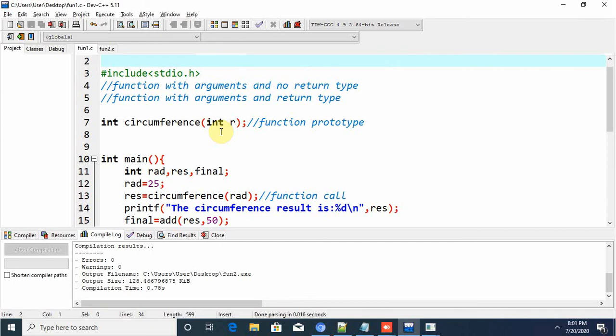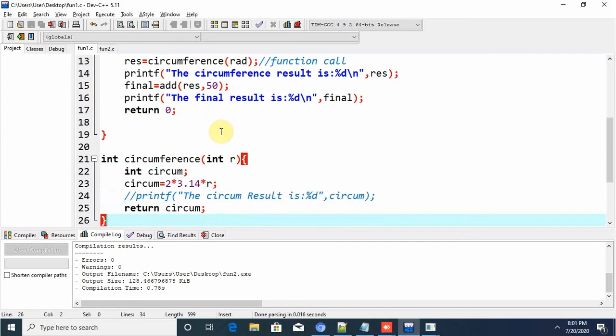If you want to do some calculation, those arguments will be carried to the function definition part, and after performing that calculation, it moves to the main program.